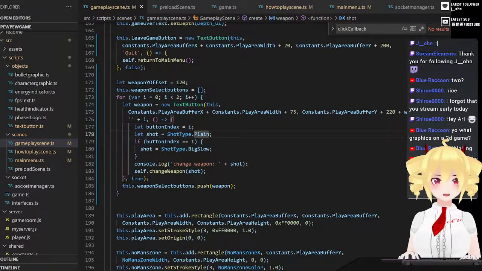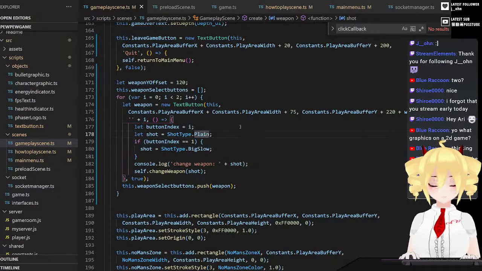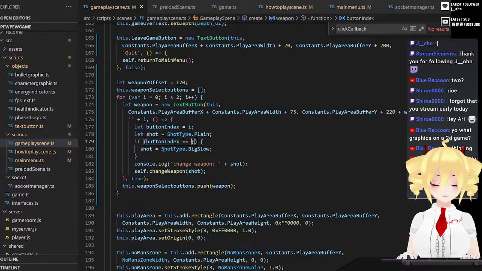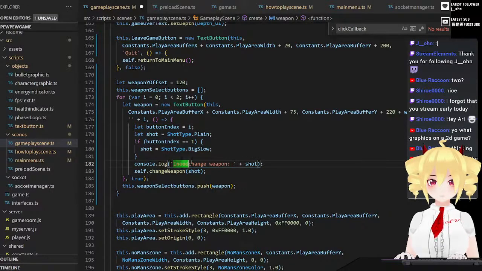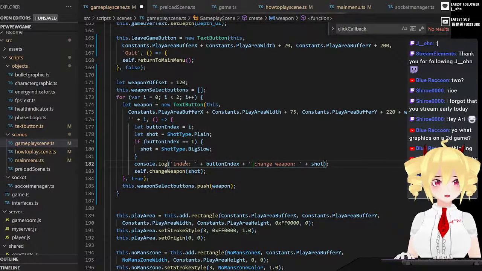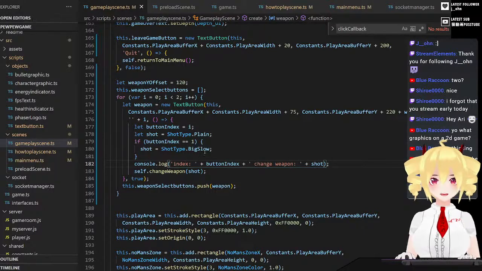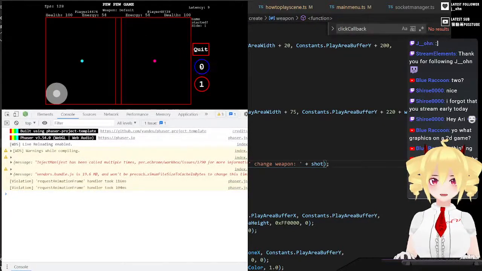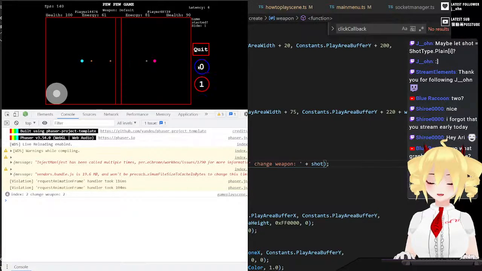Okay, maybe I'm wrong. Why is it not working? I thought this would, okay. Hold on, let's add more debug spew. So we'll add the button index there as well, just to make sure we're not crazy. Okay, so then start up the game, and so the index is still 2 every time,